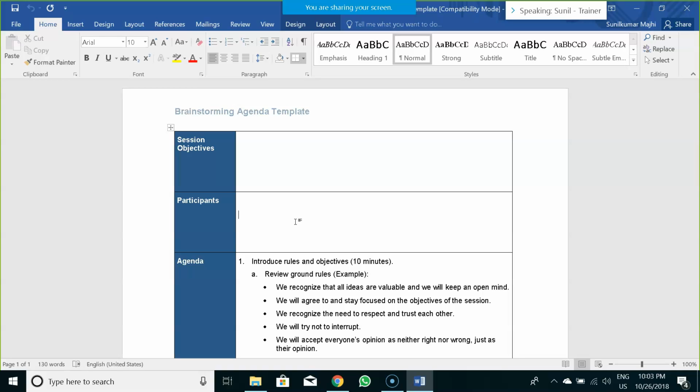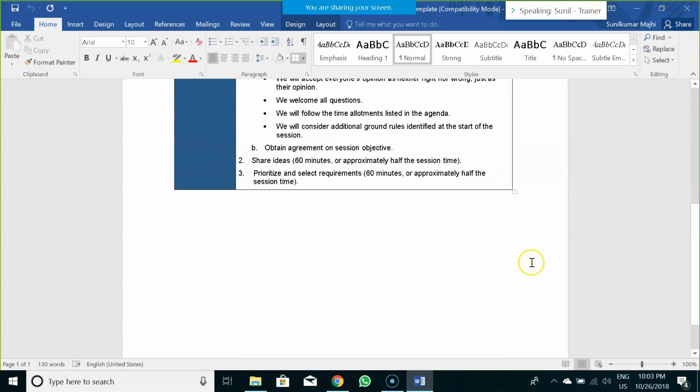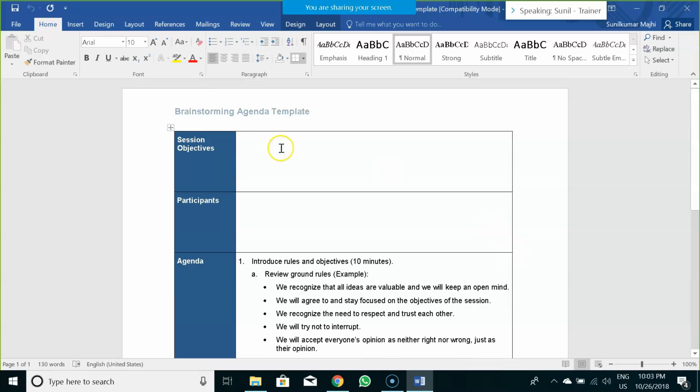So you can always have a round robin technique wherein you go around clockwise or anti-clockwise among who all are sitting at that particular table or in that meeting room. In this way, you can give everyone a fair chance to speak for their ideas and views around that particular agenda that you are trying to brainstorm on. So this is a template for your brainstorming meeting.